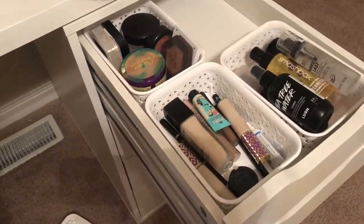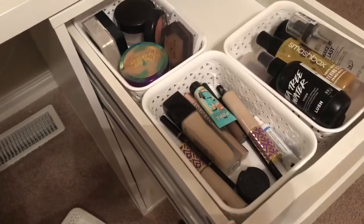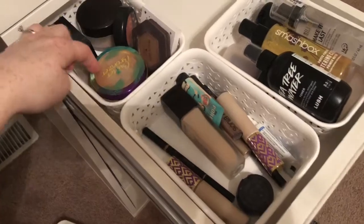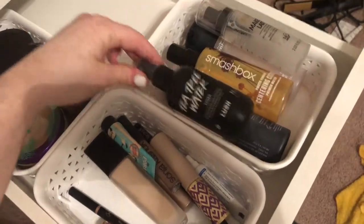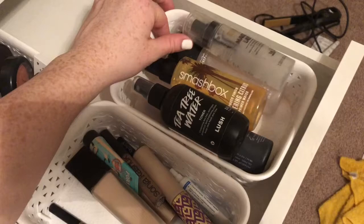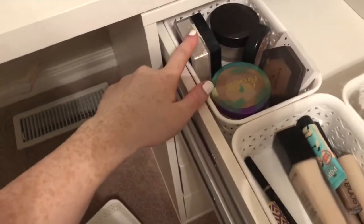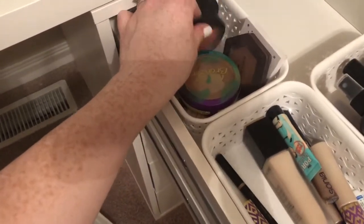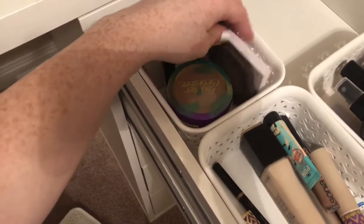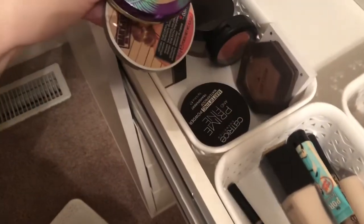It's just convenient, you know, while I'm sitting here doing my makeup, and I can just open the first drawer and all my everyday makeup is here, and then I keep my face sprays slash setting sprays here. We got some Urban Decay, Lush, Smashbox, Milani, and MAC Fix Plus is down there as well. Then I have the Maybelline loose powder. This is the Coty Airspun. I have MAC Peaches, Burt's Bees Toasted Cinnamon, ColourPop bronzer, Physicians Formula bronzer, Mary Luminizer,